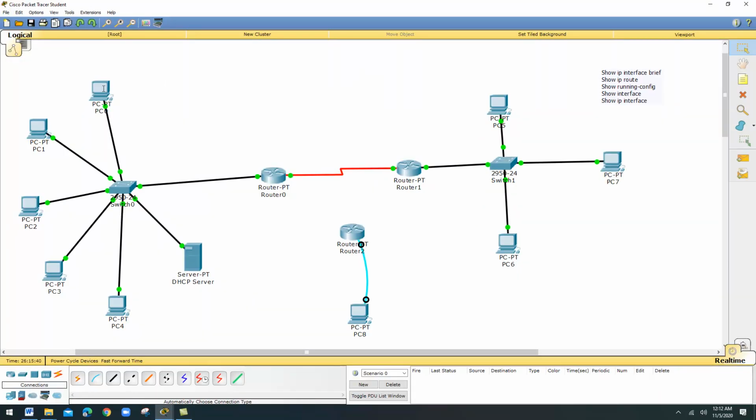Now a packet is coming from PC0. I already explained: I am in Sur, I am taking my car from here, and I want to go to Muscat. I want to reach this particular place. So the packet is coming from PC0, that means I take my car from my home and reach the roundabout. Here in the roundabout I tell them I want to go to Muscat, show me the route.